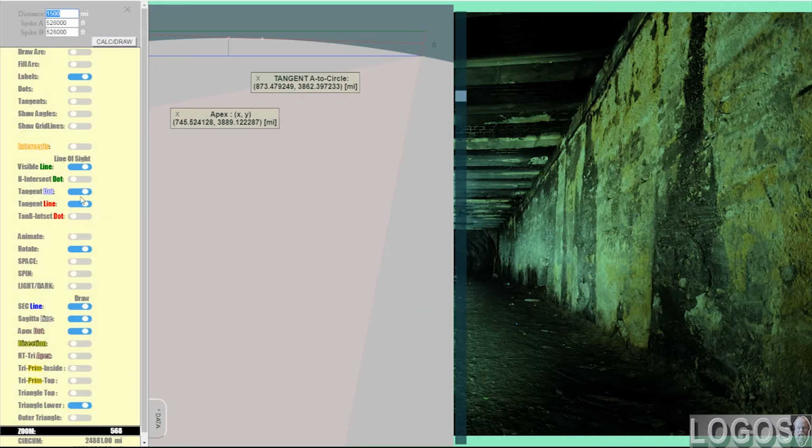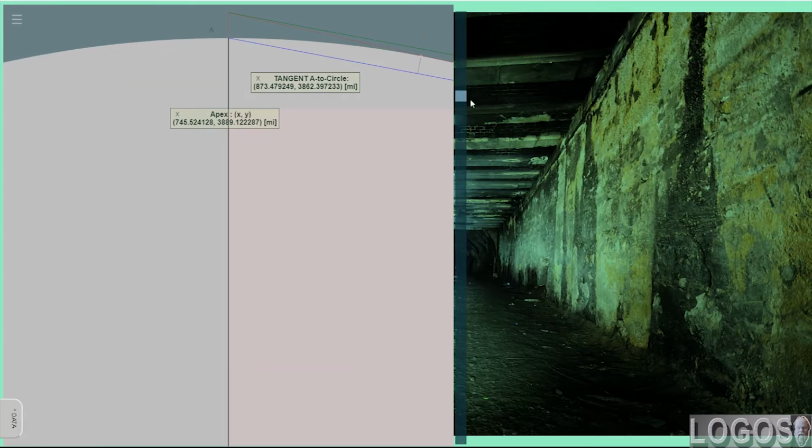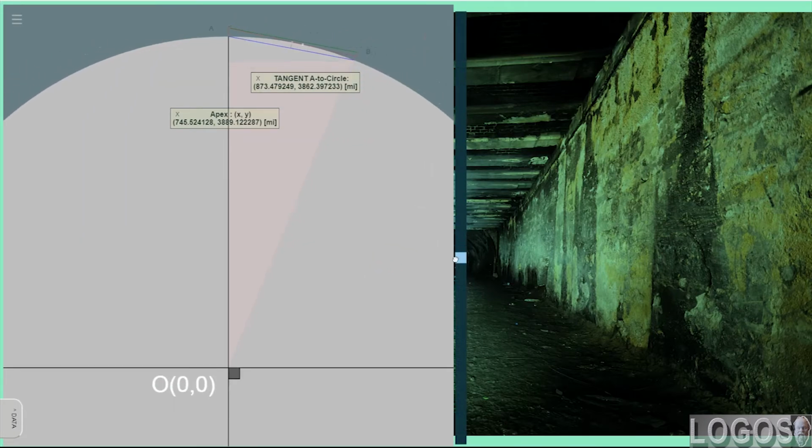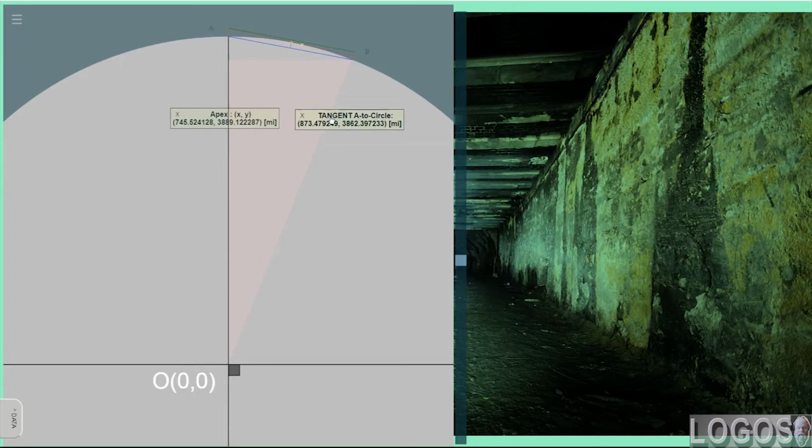If we were to tilt this back, rotate it back, going to the right some x, and going up some y from the origin, which is the middle. The tangent, which is that y dot here, is going over some x, 873 miles, and up some 3862 gets you this coordinate. See how that works?